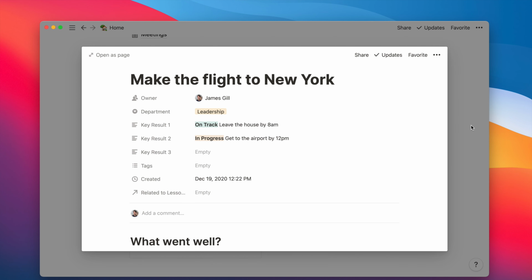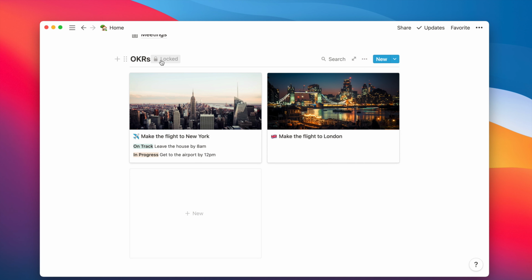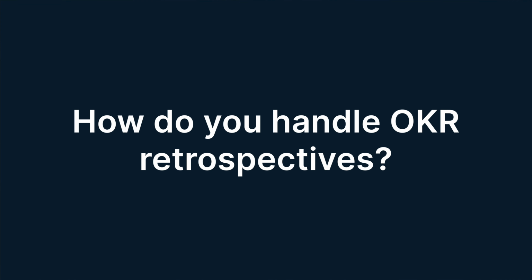That's not locked forever though. You can always go back, unlock the page, do whatever you need, and then reload it again. Now, a really important part of the OKR process is to also reflect and learn once you've done an OKR